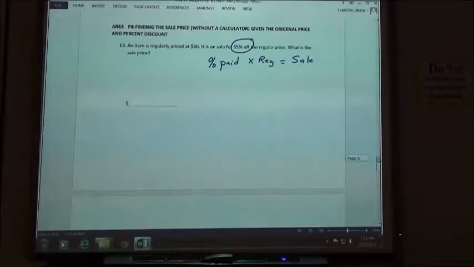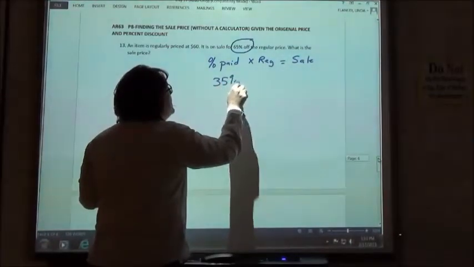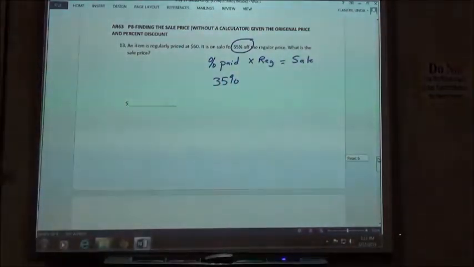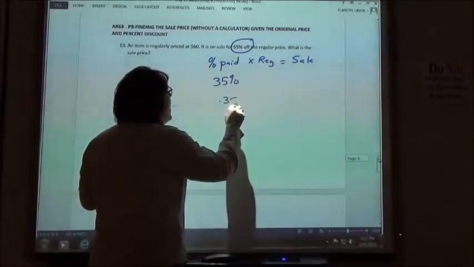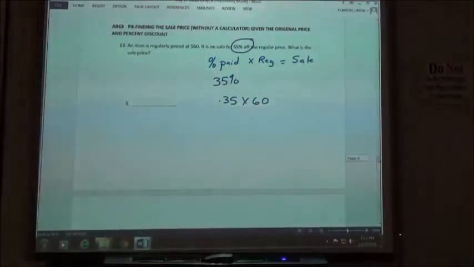Full price would be 100%. 100 minus 65 is 35. So the percent that I paid was 35%. 35% of my regular price will give me what the sale price is. So 35% is 0.35. My regular price is $60. If I take 0.35 times 60, I get an answer of